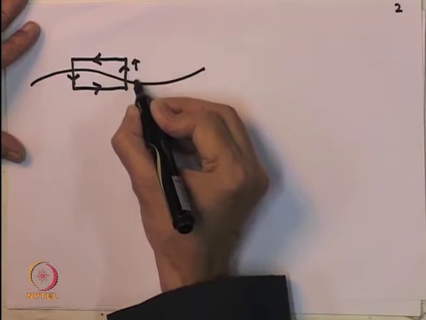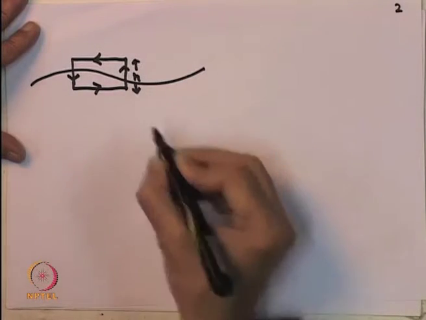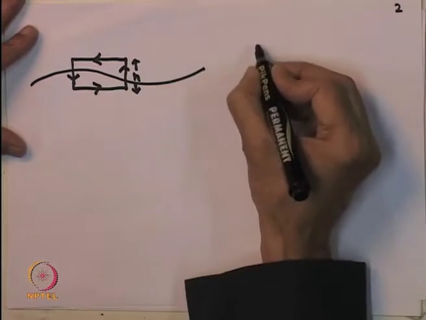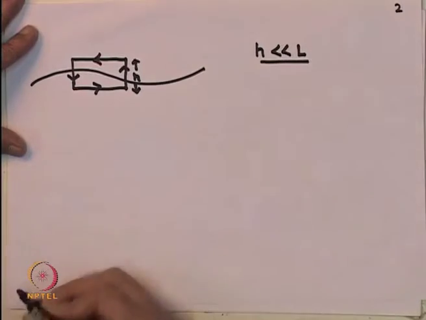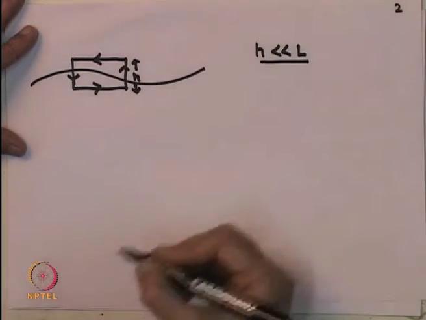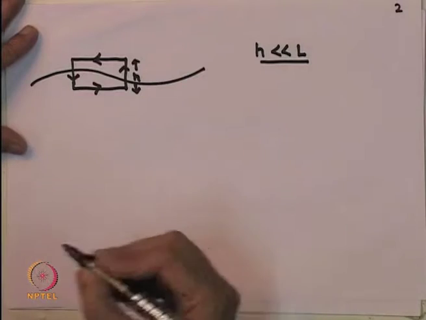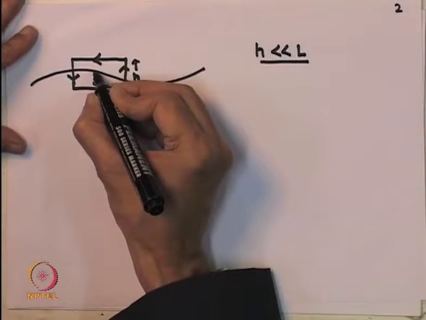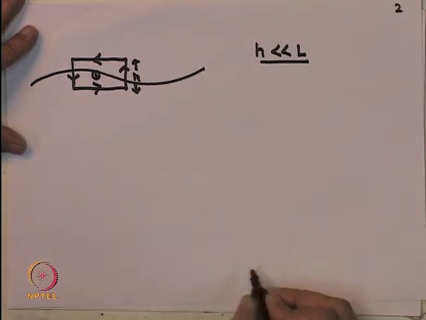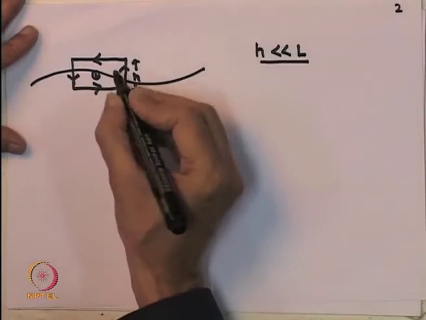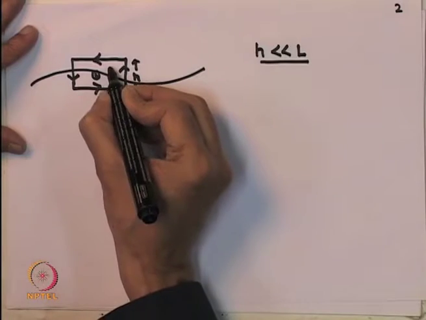This height will be taken to be h, and as before I will take h to be much less than the length L of the loop. Let me first fix the coordinate system. What we have said is that outward from the page of the paper is what I will call vector S.